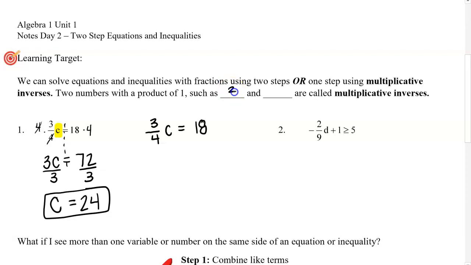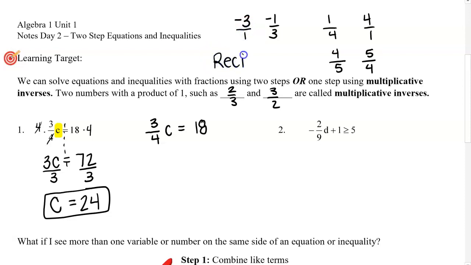For example, 2/3 and 3 over 2 would multiply to give you 1. 1/4 and 4 over 1 would multiply to give you 1. 4/5 and 5 over 4 would multiply to give you 1. -3 and -1/3, because -3 is really like -3 over 1, those are also multiplicative inverses. You might hear your teacher call them